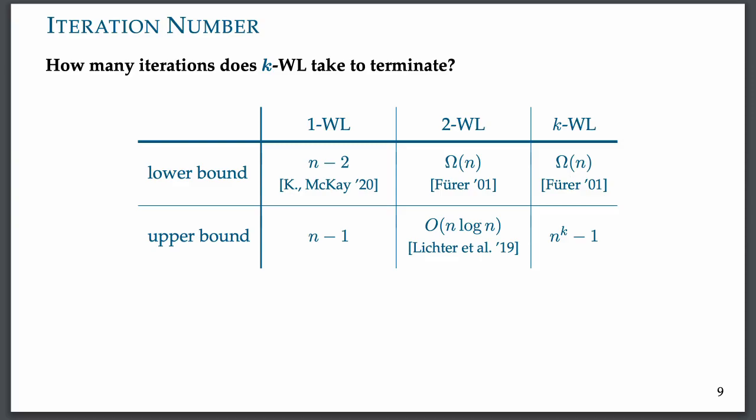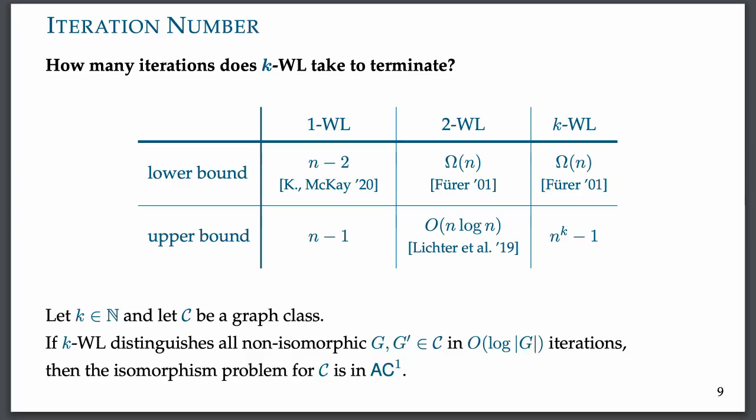So we have seen that studying the number of iterations is difficult, and instead of studying it for all graphs, we can restrict ourselves to interesting graph classes. Specifically, if one can prove a logarithmic upper bound on the number of iterations of k-WL to distinguish two graphs from a certain class, then this shows that the isomorphism problem for the class is in the complexity class AC^1, which means it can be decided by Boolean circuits with logarithmic depth and a polynomial number of unlimited fan-in